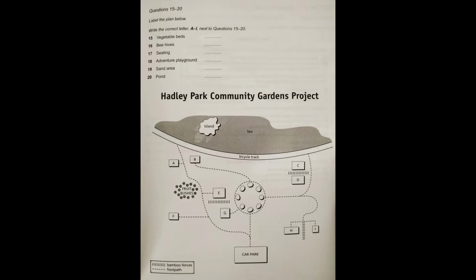Right, what else? Oh, yes, the sand area. We've got that circular footpath in the middle. Find the track that goes east, towards the right-hand side of the plan, and where that track divides, you need the little path that goes up towards the bicycle track. The sand area is just above the bamboo fence there. And finally, the pond area. So it's on the left-hand side of your plan, towards the top, just above the fruit bushes and to the left of the little path. OK, as I said already, hopefully we'll be...